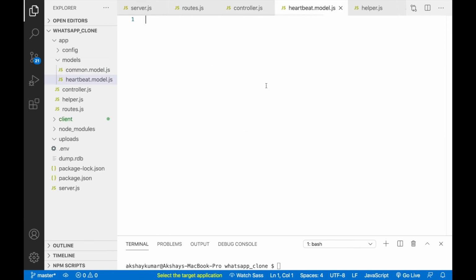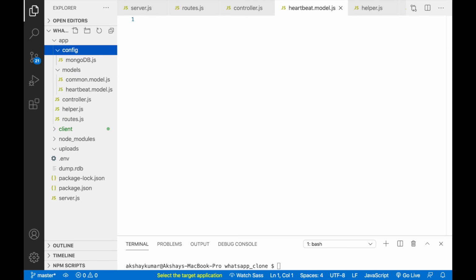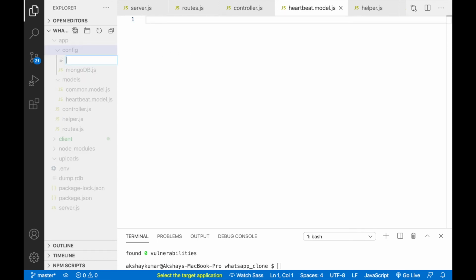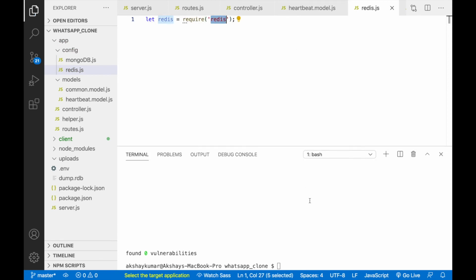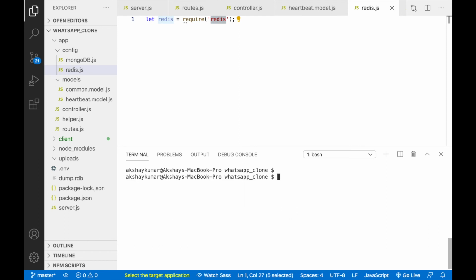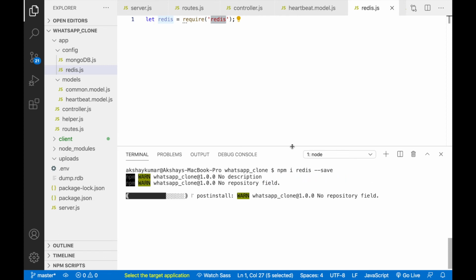Okay, because we have to use Redis, first we have to configure Redis. We'll create redis.js, and here we can write let redis equals require redis. Okay, so we have to install this Redis. We can go here and write npm i redis --save.